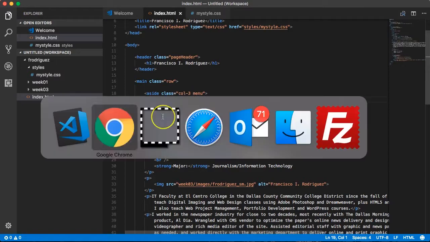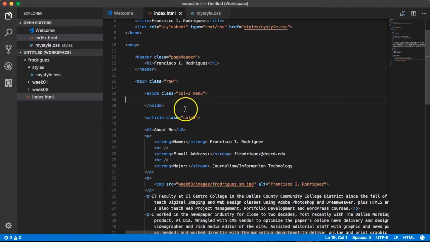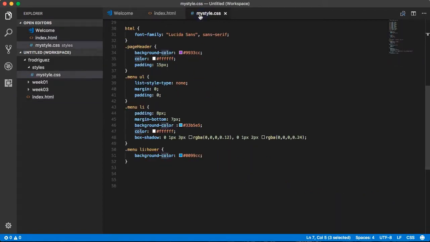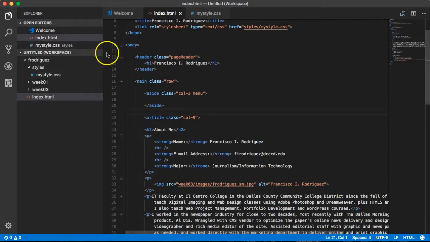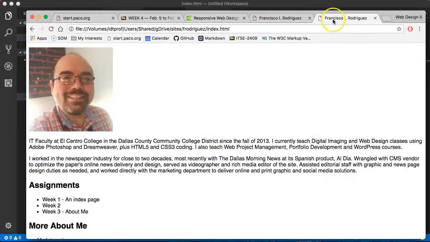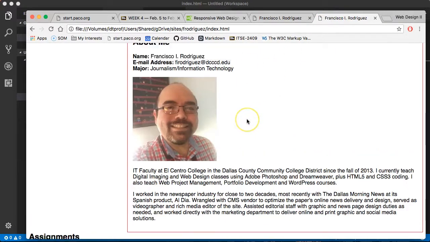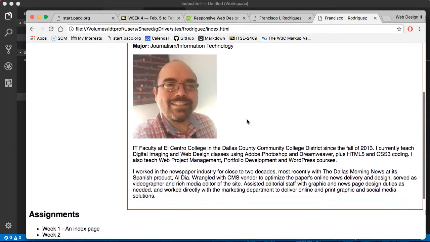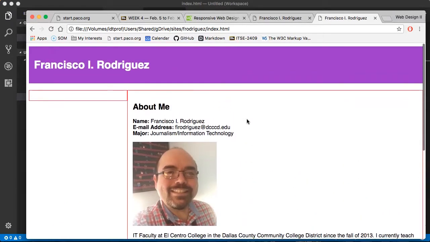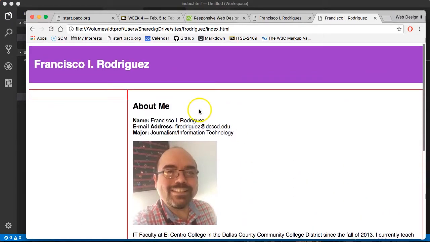Well, let's see what it looks like on the page. Since I saved this, I've saved my style.css. Make sure that everything is saved. Go back to my page and reload, and things are already beginning to happen. So by applying the CSS that we've been copying and pasting, and saying that this aside is going to be